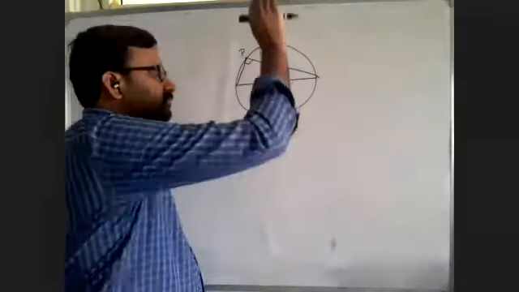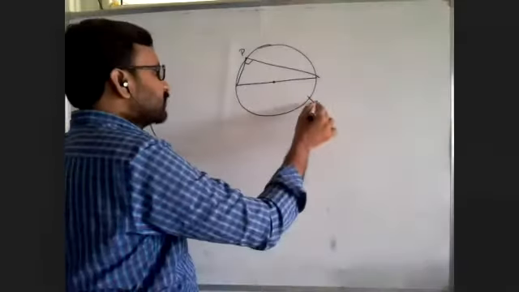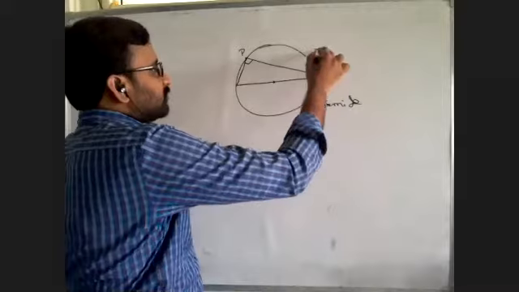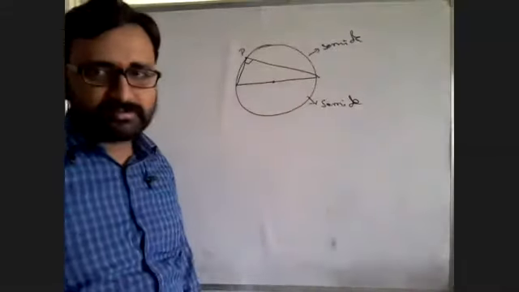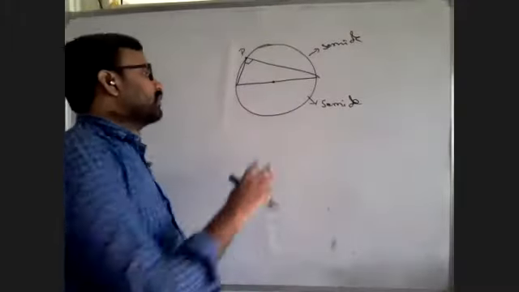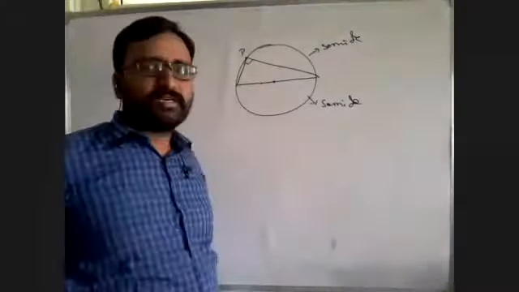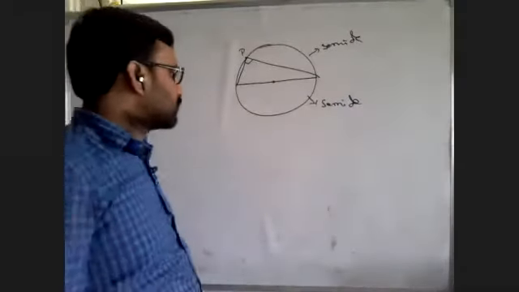This is one part, this is one part, which are equal parts, and one part is called semicircle. This is one semicircle, this is one semicircle. Diameter cuts a circle into two equal parts, and they are called semicircles. And diameter makes a perpendicular angle with any point on the circle, subtends a right angle. Okay, next,